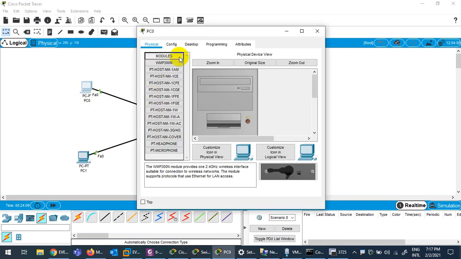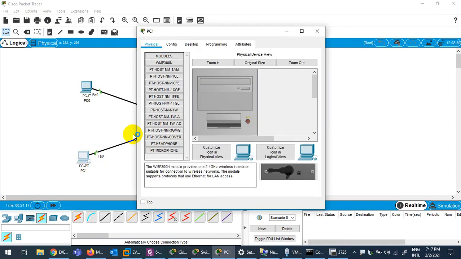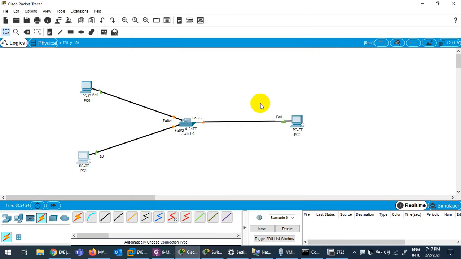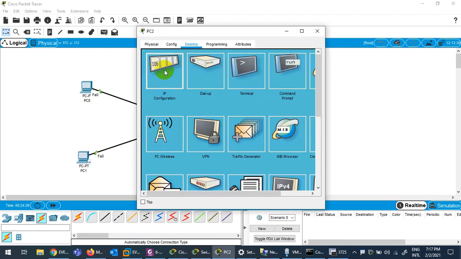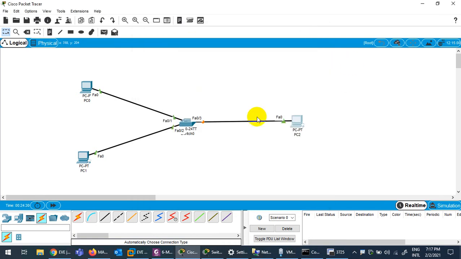Now quickly let me assign IP addresses to these systems. So let me go 1.1.1.1 for this one, and this PC is 1.1.1.2, and this one is 1.1.1.3. Okay, done. We are in the same subnet.